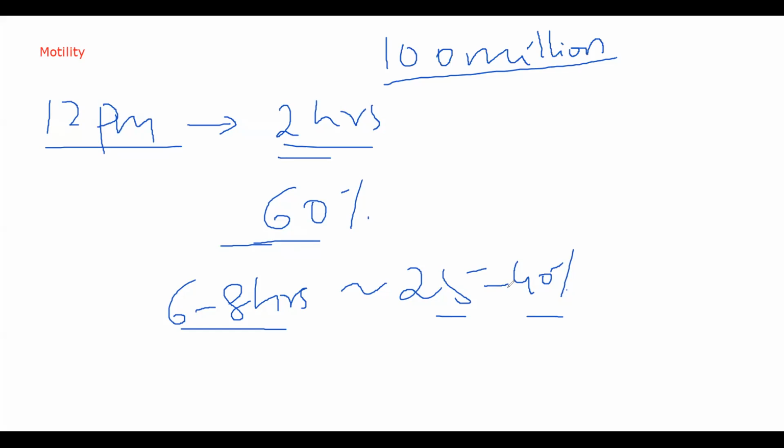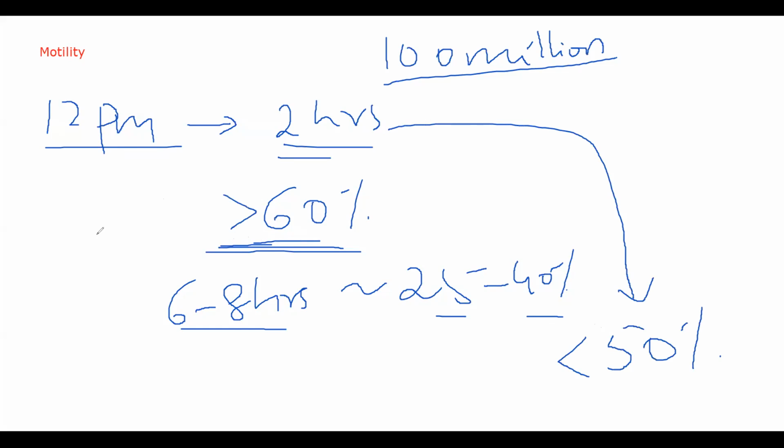Again, if you consider the whole sample, the number will go up, but generally per ml it is that much. If the motility is less than 50%, especially when you check immediately, meaning less than half of the sperms are moving properly, that means motility is abnormal. Normally the motility should be over 60%. Okay, that will be normal. Abnormal will be less than 50.